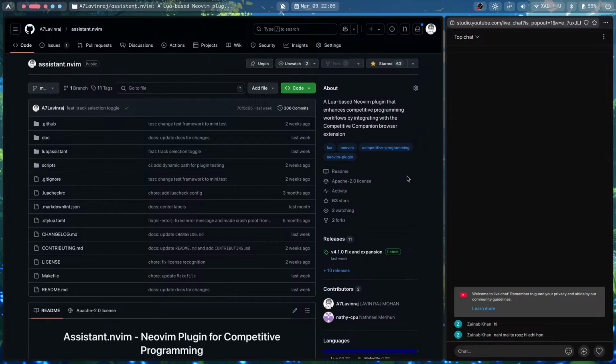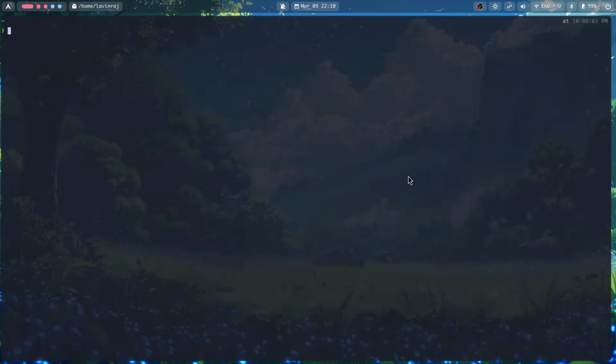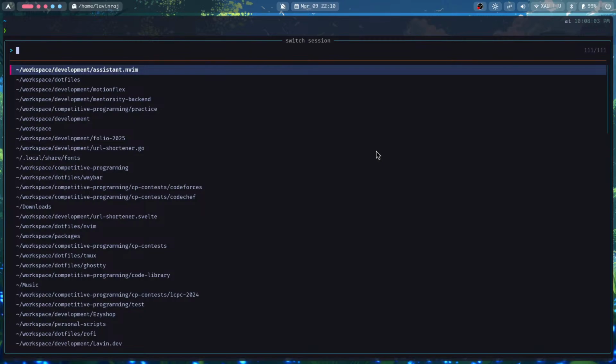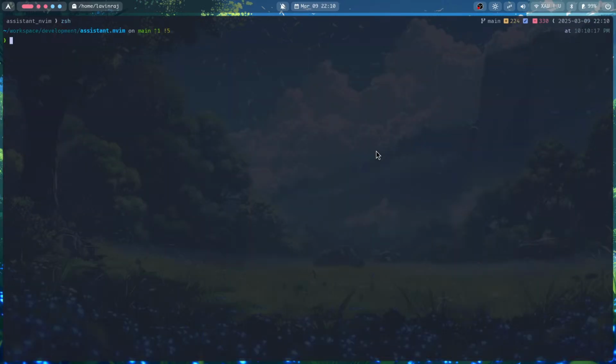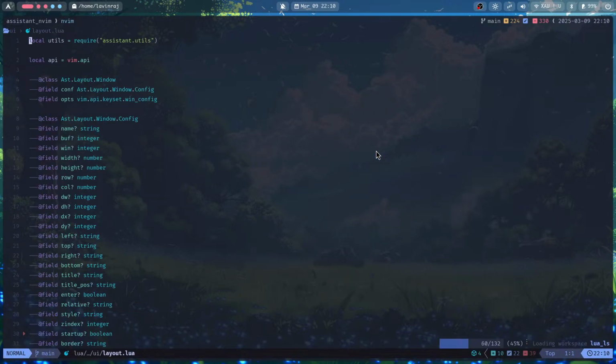Anyways, so what are the goals for today? It's just implementing some features for this plugin. We have to make the UI more flexible. More flexible means, let me just open assistant.nvim, that one. I worked on this retransformation of UI